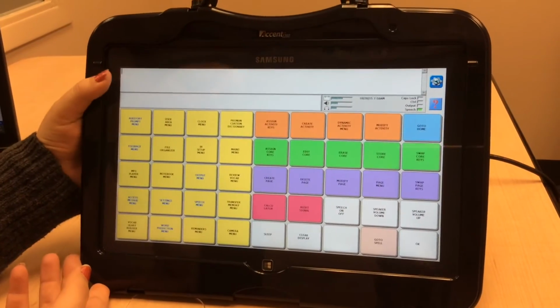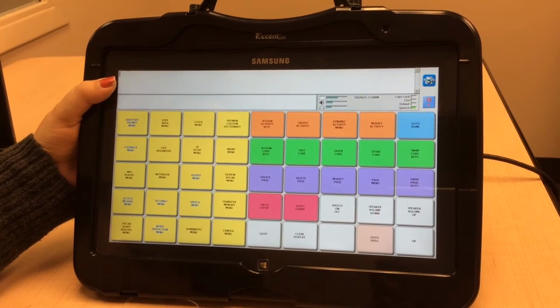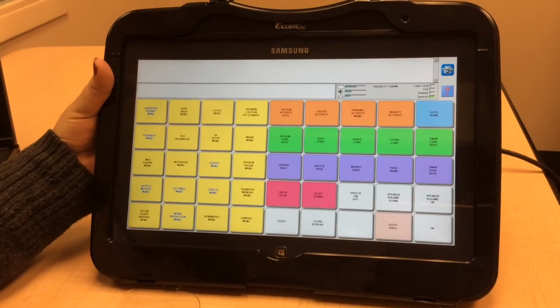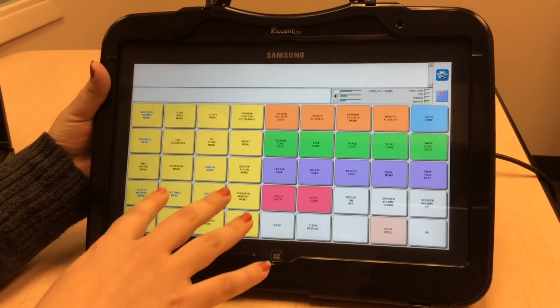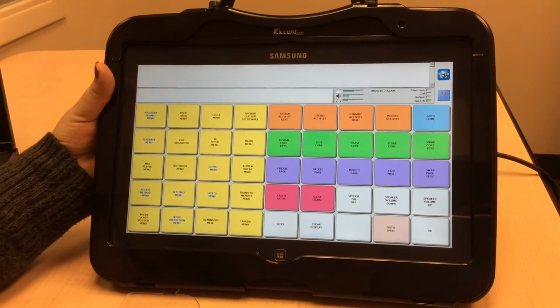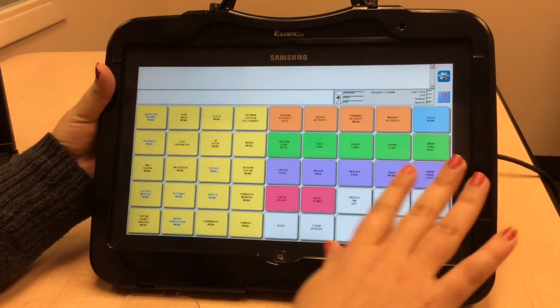So we're going to switch gears a little bit. We now have Emily with us, and she is going to go over the left side of the screen. Hi everyone, so I am here to talk about these functional device buttons over here on the left hand side. They're all coded in yellow to kind of separate them from the customization that occurs on the right hand side